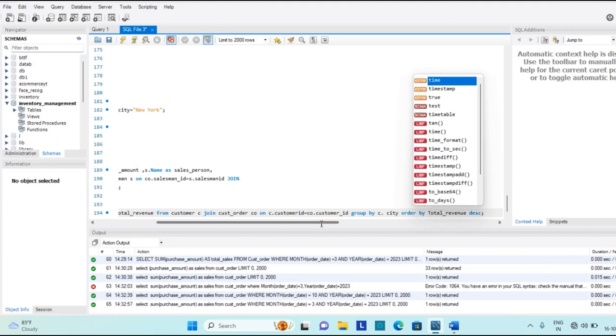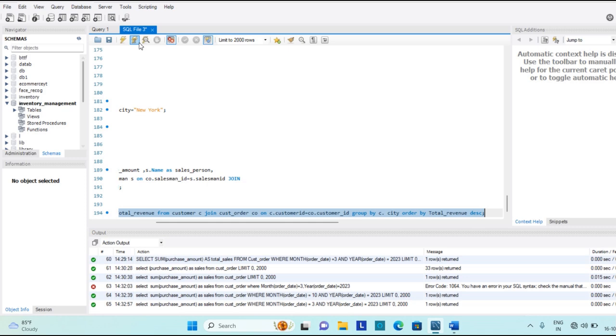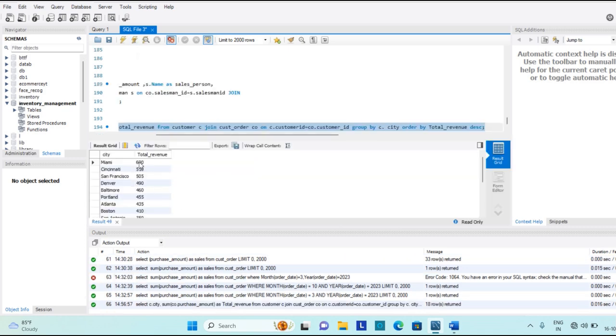And we will run this query. You can see that the cities in the order of revenue come to us.